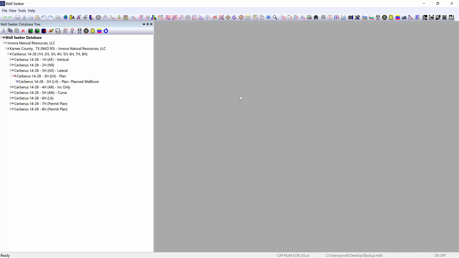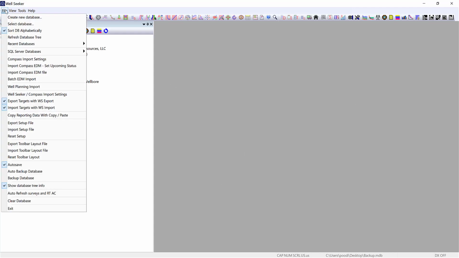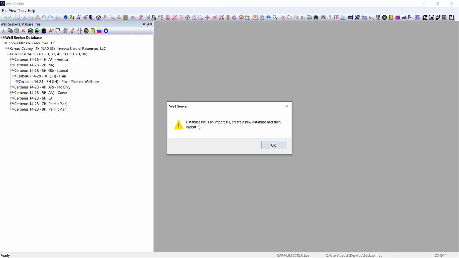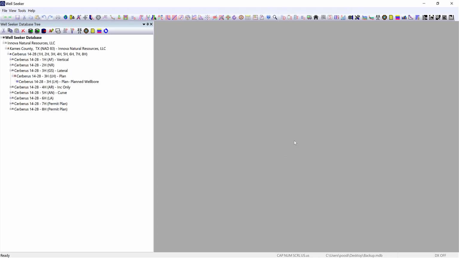So those things are different in a database to an export file, i.e. an export only gives the critical information for the well data. If I tried, for example, to select the export file and open it up as a database, WellSeeker tells me the database file is an import file. Create a new database and then import. So I can't directly select an export file using WellSeeker because it doesn't contain enough information to fulfill the